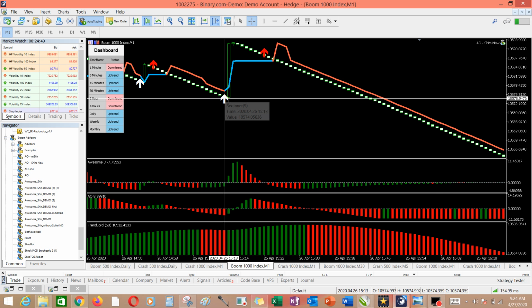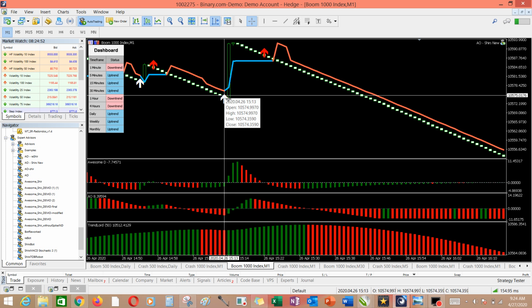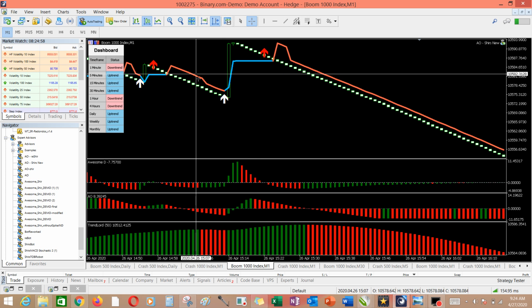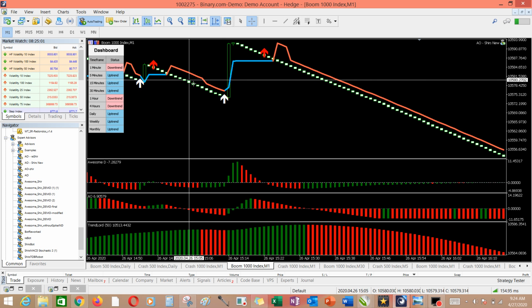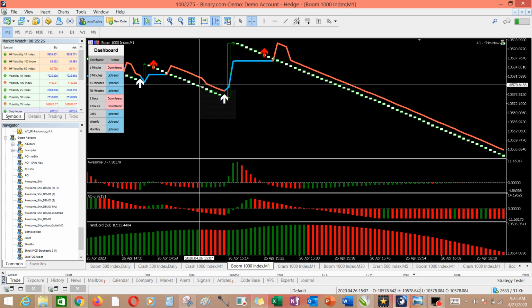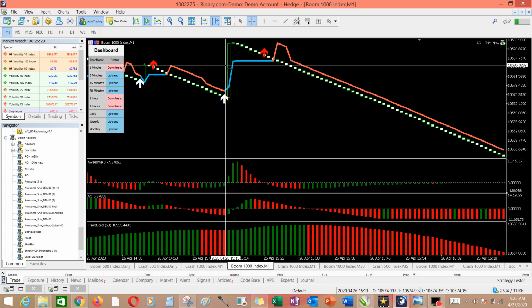For instance, instead of this white arrow, you are having a red arrow which tells you to sell, and you already know that it is very close to the support level. Let's say you have a sell signal around a support level. Here is the support level. You know that it is already around the support level. You shouldn't take such a signal. It is risky. You either allow it to break that support level, or you leave the signal totally, so that you don't put your money at risk. Okay, you can see that just a few candles away from the support level, a spike happened. So that is it.